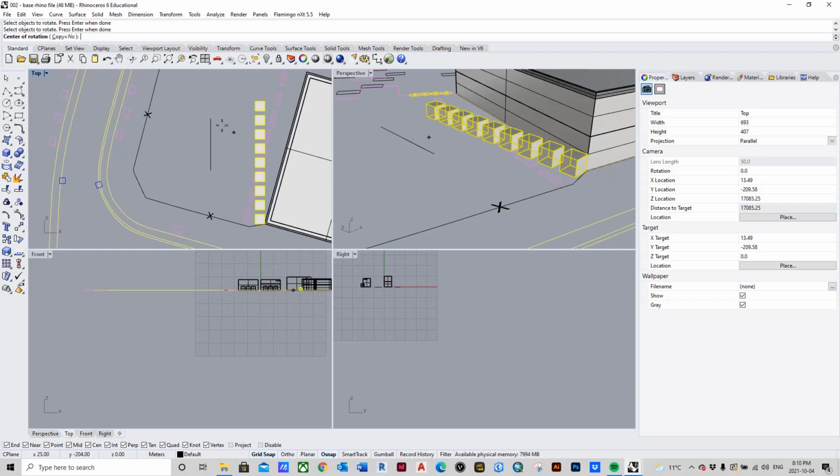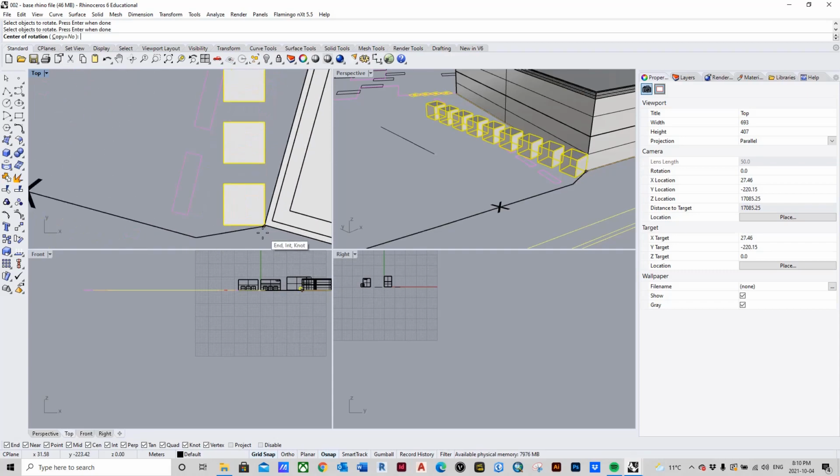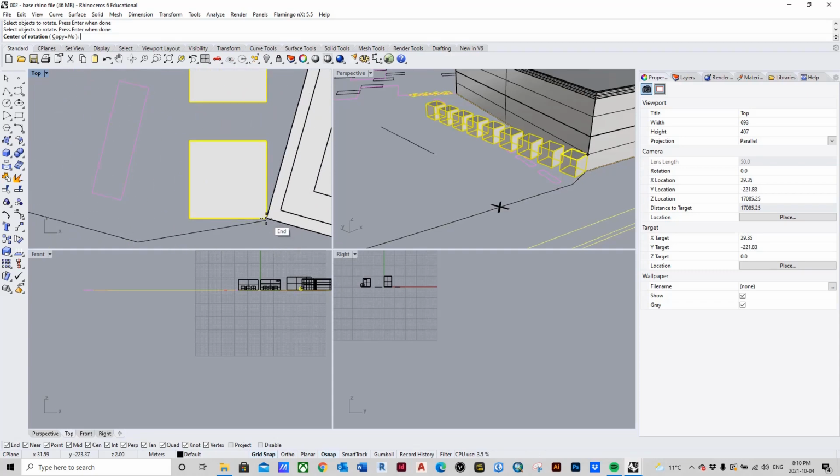Now it wants to know where our center of rotation is going to be. Now, since we really want to make sure that we're rotating it around a sensible spot, we know that since we want to rotate this to essentially be on the same plane as this, we need to pick this somewhere on this bottom corner. So let's do that right now. We'll scroll in a little to make sure we're picking the right spot. There we see, that's the spot. This is why O snaps are so handy. We left click,